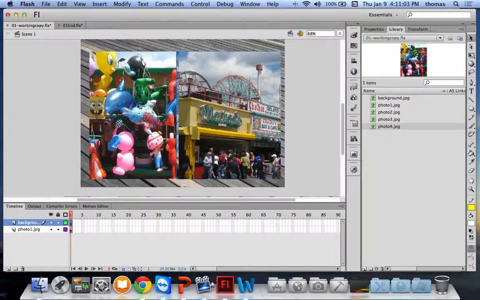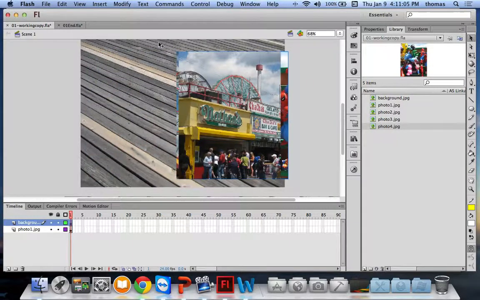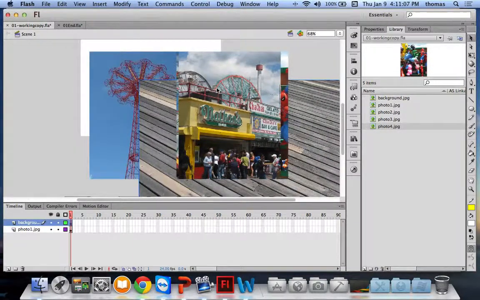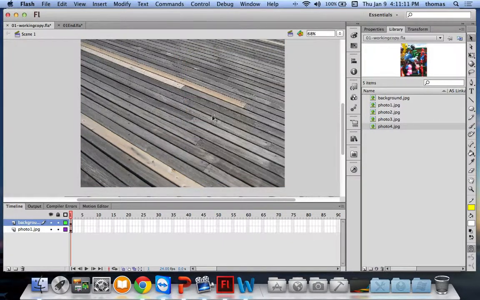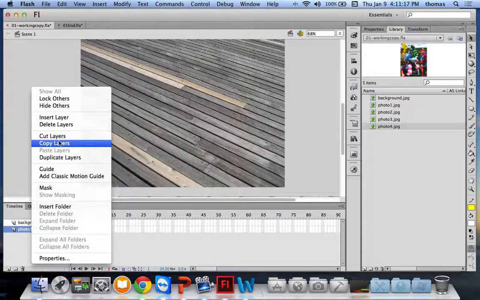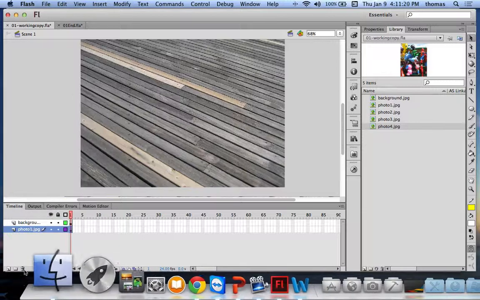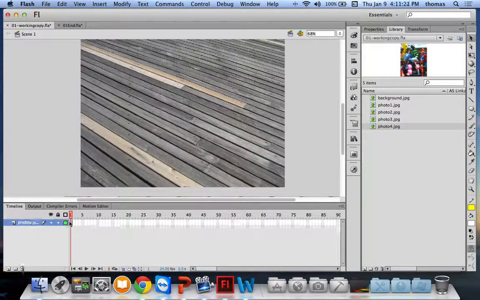Oh, it actually has all of them here. That's not interesting. So it actually did what I asked it to do. Let's try that again. So if I go to my photo layer, and just kill this again, just a moment. There we go. Oops. Here's my background. Let's try that again. So here's my photo